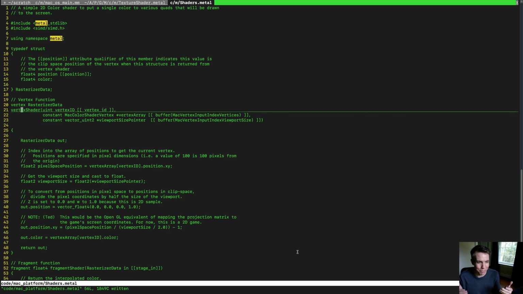I think I could be wrong about this actually. But I do think some of them go from 0 to 1, or some of them go from -1 to 1. So you have to take the coordinates from your game world space, and you got to move them over to this normalized device coordinate space. Anyway,